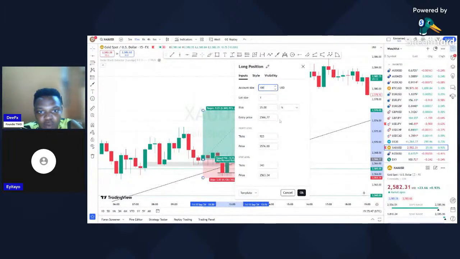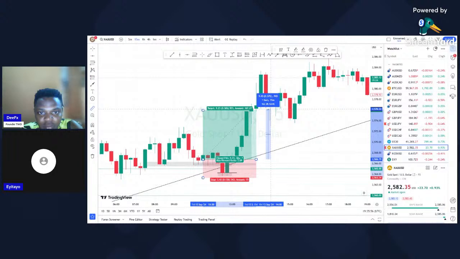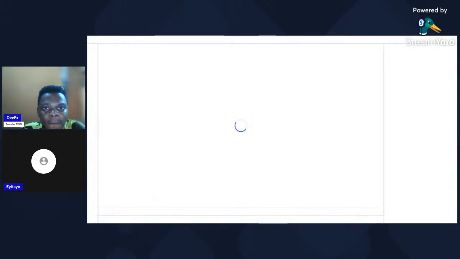So now if you go ahead and input your $100, you will see that you have a different figure. I'm wondering why this thing is doing this right now. Let me reload the